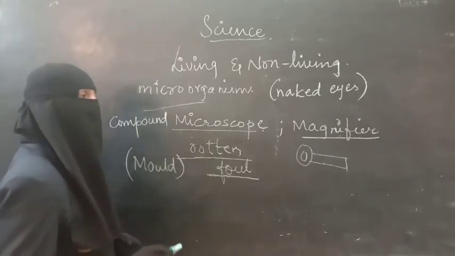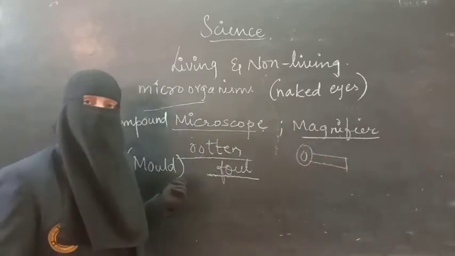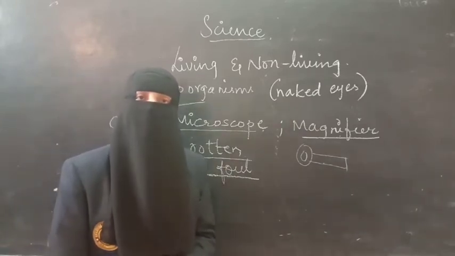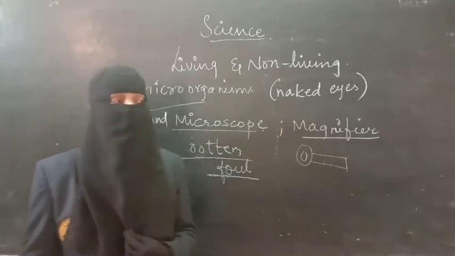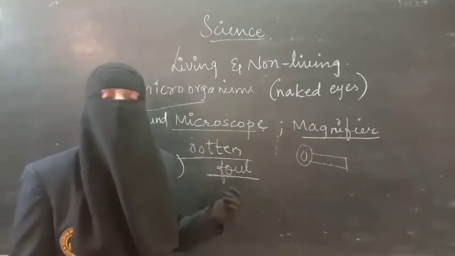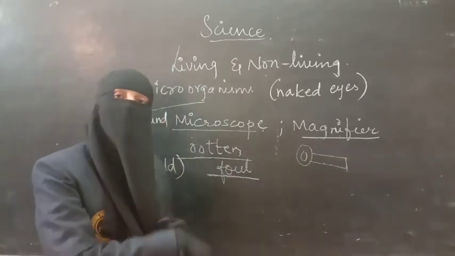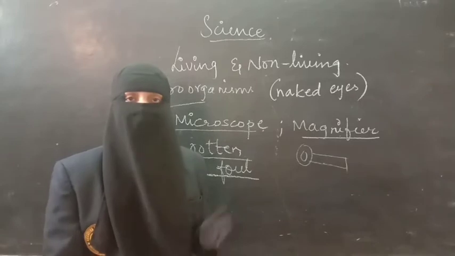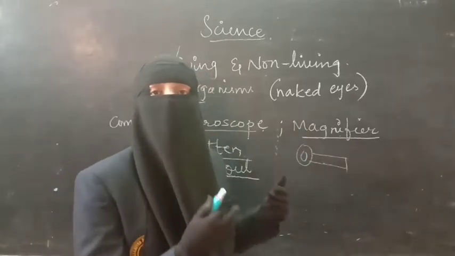So mold, for example, we have this rotten bread, and mold is there. So is this mold living or not? How can we find out? We can do one easy test, that is reproduction, to see whether this mold will reproduce or not. For that we have to take a fresh bread, put this sample of mold on that and leave it for 2 to 3 days. You'll observe that the fresh bread which we have taken will be covered with the mold.